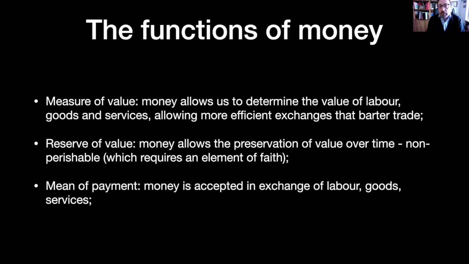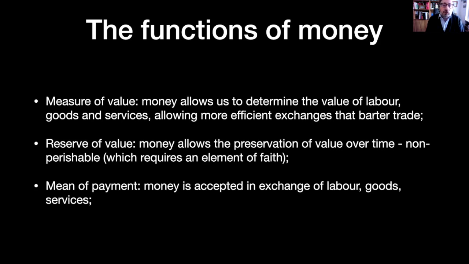The fact that money is an abstraction has several implications, as we're going to see. The reason why money is used, and you'll be familiar with this through your previous education, is that it provides you with a measure of value. It allows you to translate the value of, say, your work into something that can be exchanged, can be used to determine a value of exchange. So money, by providing this measure of value, allows us to exchange very different things like labor, goods, and services, and it provides for a more efficient means of exchange than barter.